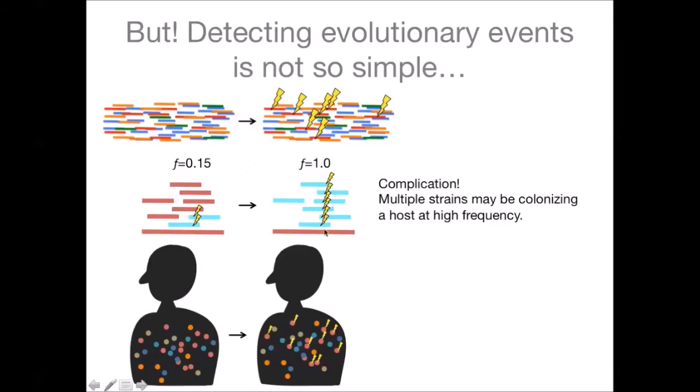And so these divergences manifest themselves as polymorphisms inside of the host. But we don't actually witness this population structure inside the host. All we witness are actually just allele frequencies. And so somehow we need to go from these allele frequencies to inferring what the population structure is so that we can disentangle strain fluctuations from evolution. So how are we going to do that?